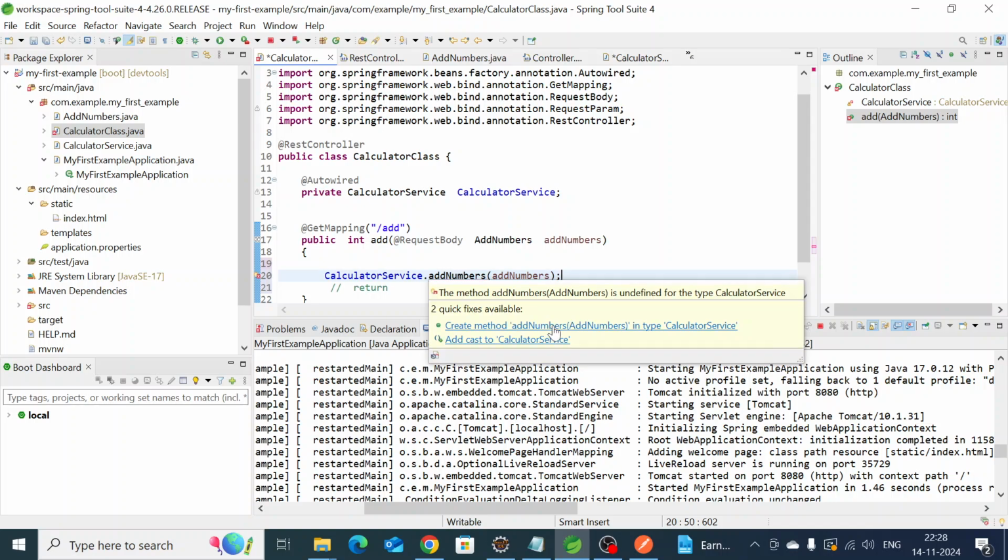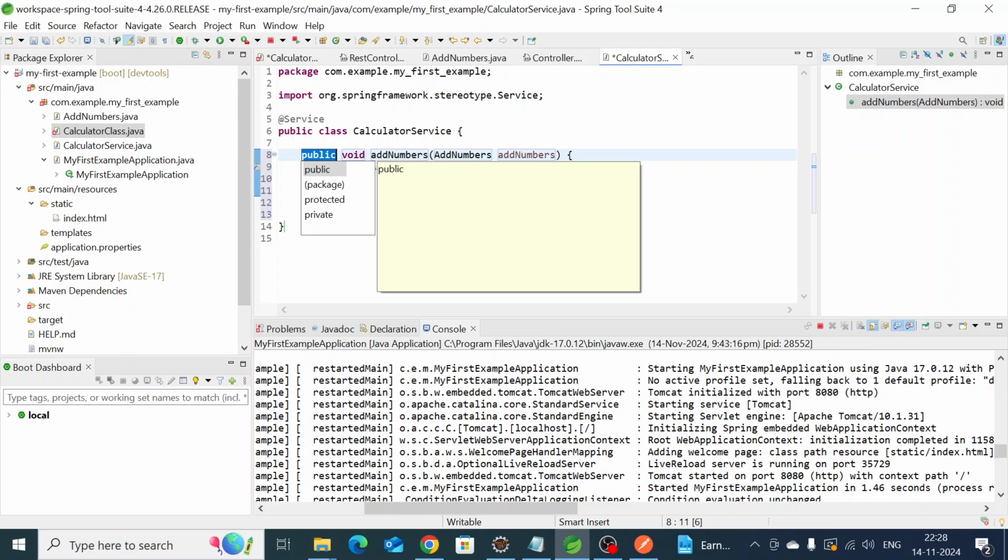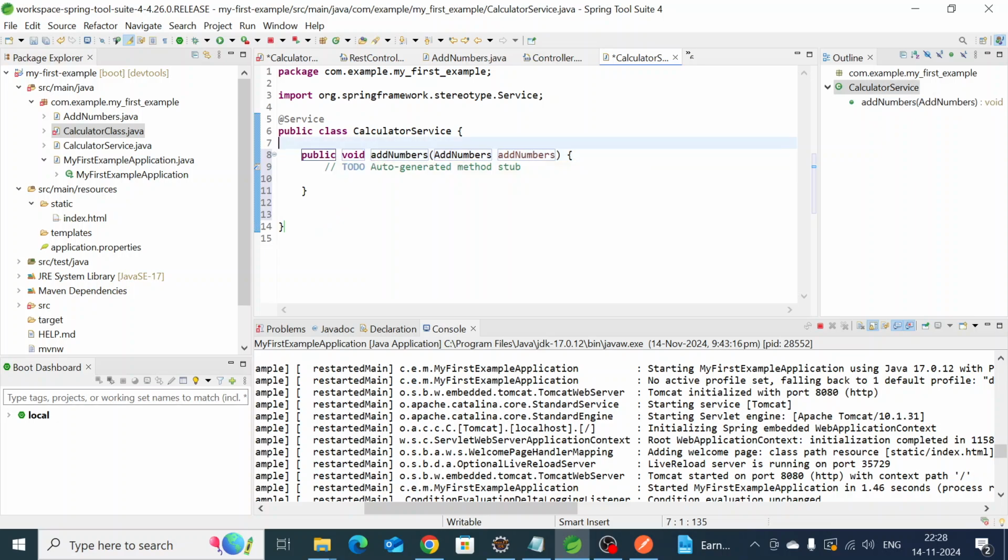So let us create a method. Okay, public void addNumbers, it's fine. Now it has to return this value, so we'll make it int, not void, since we need to pass that to the controller. So here, addNumbers, int. Here what we'll be doing is the same as we have done previously. int sum equals num1 dot num1 dot